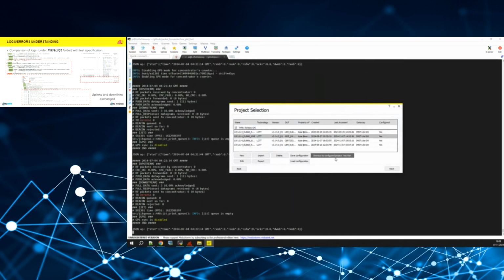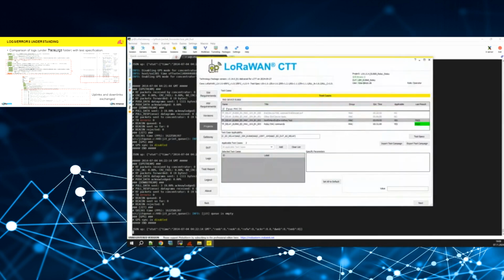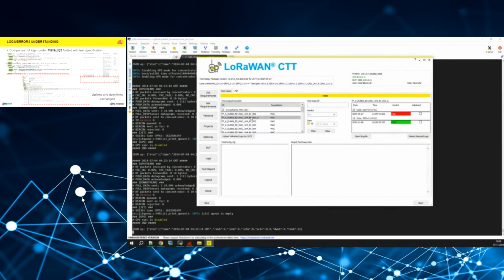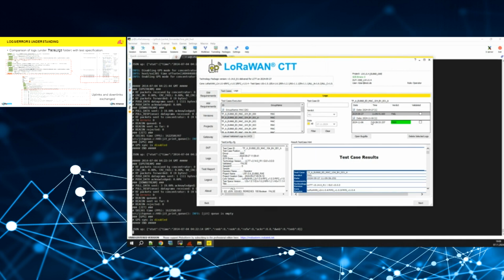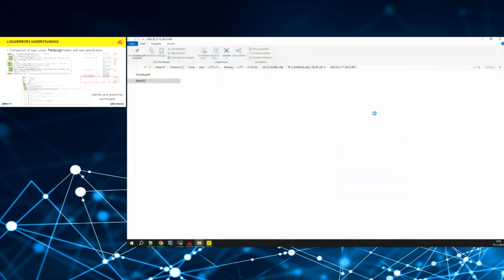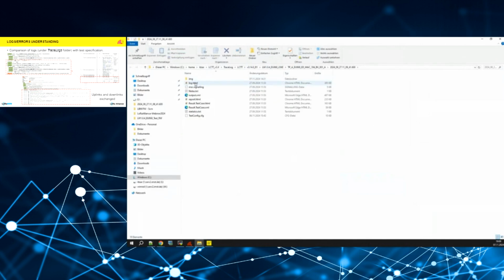So apart from this, you could also go to the project, to any project. And if you go here to the log tabs, you could find different logs from different dates. So all the logs will be stored in a window. And here you can see if the log is passed, if it failed. And for more information, you can just double click here and you can see